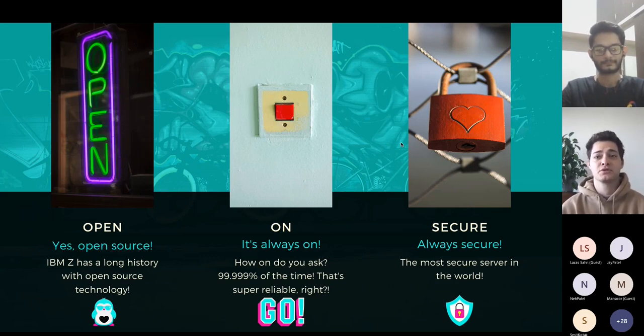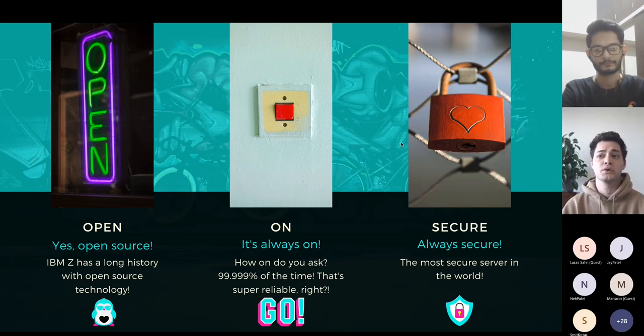So open, we mean open source. IBM Z has a long history with open source technology. There's a whole community around LinuxONE. IBM Z works on Linux. We have a great partnership with the Linux Foundation, ensuring that IBM Z technology is open source so that cool people around the planet who have the technology skills can do cool things with the technology, which I've always appreciated about IBM in general, outside of just IBM Z, is this dedication to open source. I think it's awesome. I think it's the future. And I know a lot of other tech companies are moving in the same trajectory. And I love to see that.